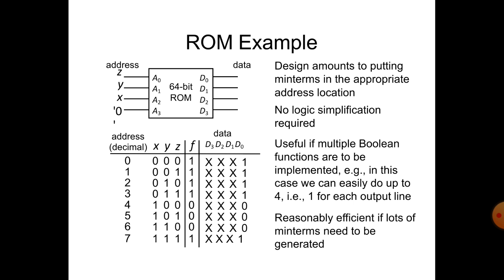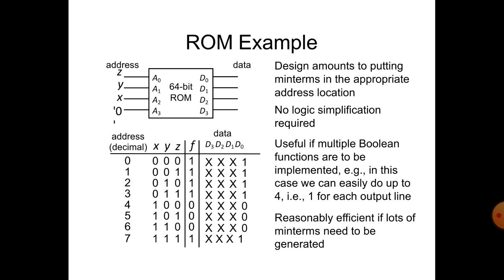Data will be D0, D1, D2, D3. Design amounts to putting minterms in the appropriate address location. So logic simplification is not required. It is useful if multiple Boolean functions are to be implemented. Example, in this case we can easily do up to